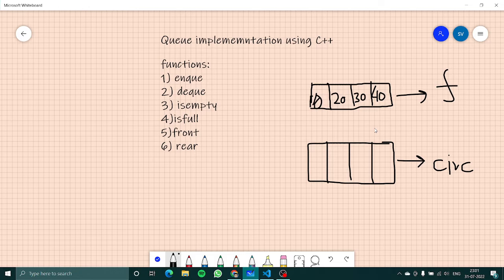In the previous video, we learned about the introduction of a queue. A queue follows the FIFO order, which is first in first out. Then we talked about the application of a queue, and now it's time for queue implementation using an array. The functions which we have to do here are